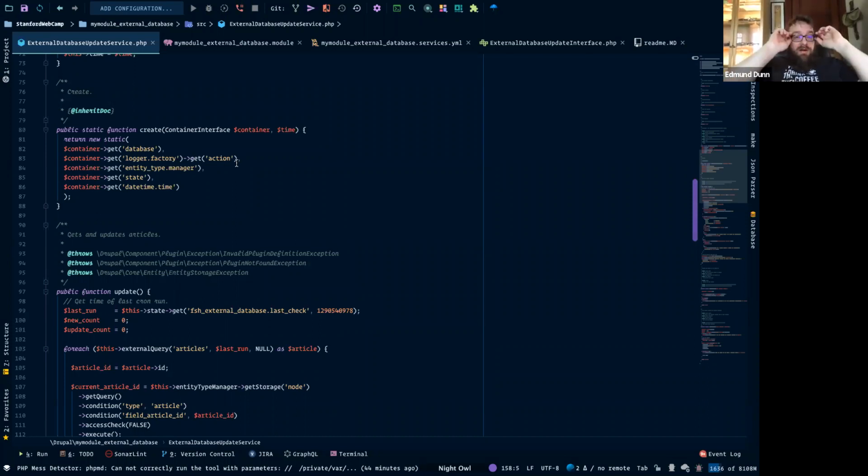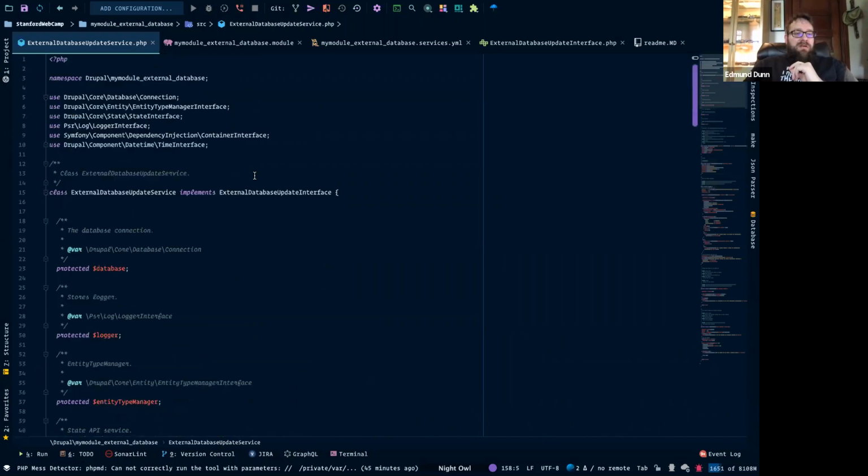To be perfectly honest, I don't know why. When I brought in the logger, I got that from an example. It wasn't working correctly without that, and it took some digging around to find that I needed to add get action. And keep in mind, we're using the PSR log and not the Drupal log. I know that there have been some issues with Drupal log and getting it to work correctly.